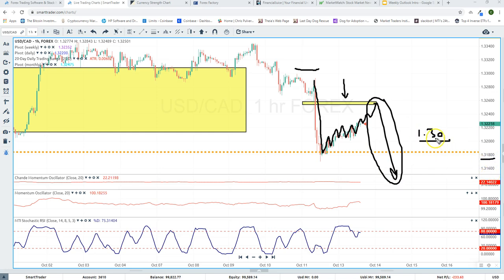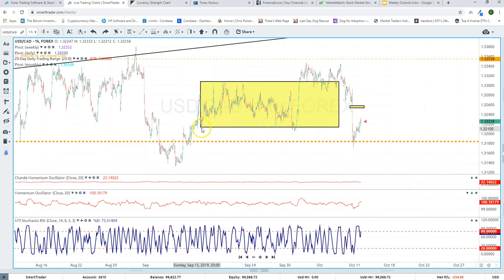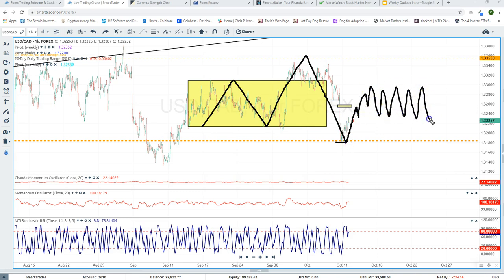1.30 round number and a big notable spot for the dollar CAD. The problem with that is look at where we stopped. We have all of these equal lows in the same area. So are we slightly making lower lows? Yeah, marginally. I mean, all this structure here, high to low, we might just set up another annoying right area,